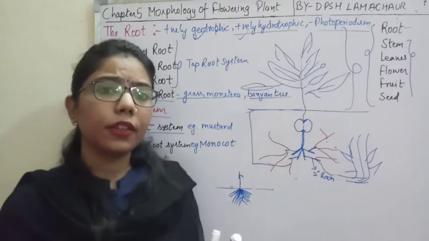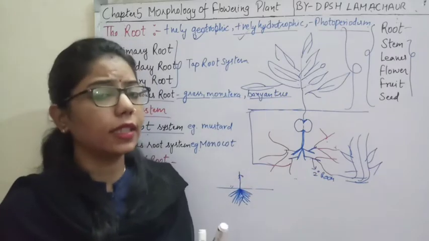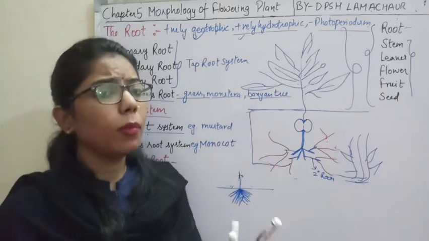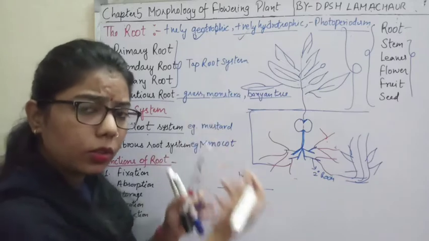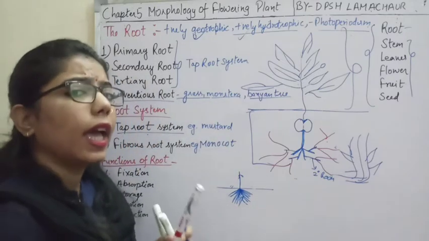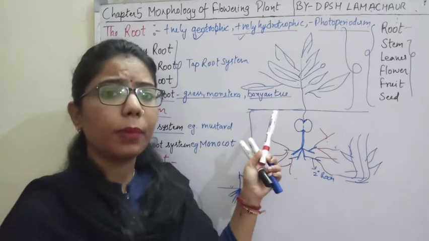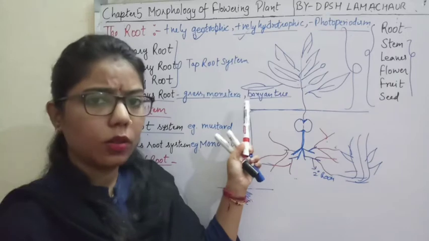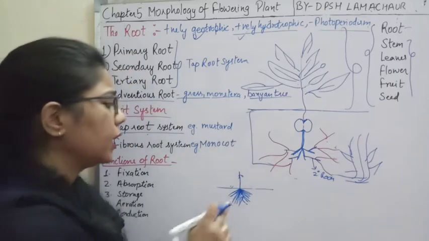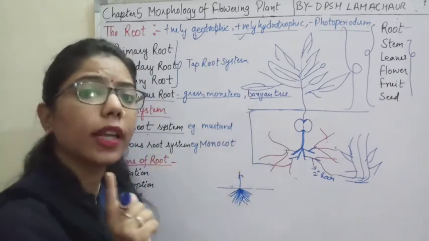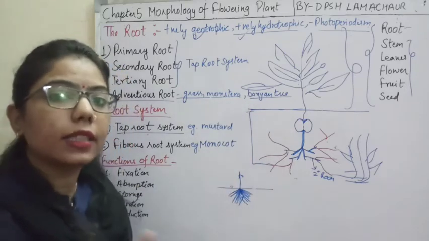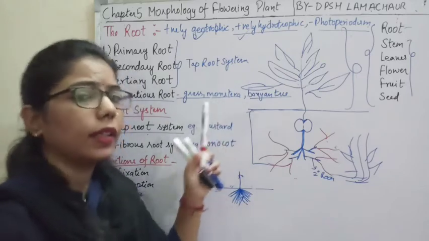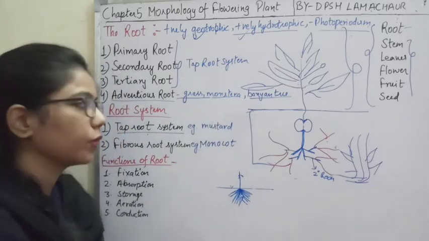You all know about the banyan tree. Have you seen the prop roots arising from the banyan tree? The roots are coming from upwards towards the downward side, and they are providing stiffness to the tree. That's why they are there. These roots are not arising from any radicle; they are arising from the stem of the banyan tree. Prop roots are there for that.